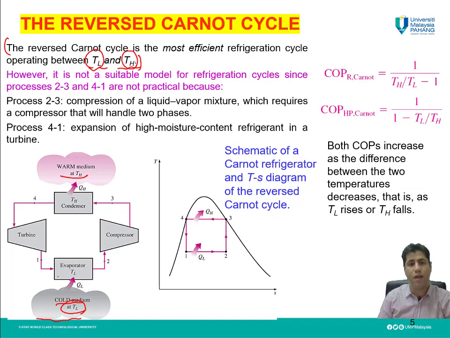The boiling point of that liquid is lower than the environmental temperature, or the temperature inside the refrigerator. Then the liquid will evaporate, and due to this evaporation, heat is absorbed from the surroundings, which is the inside of the